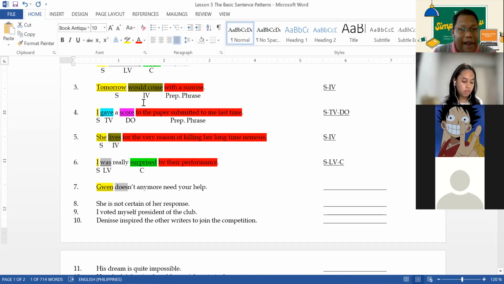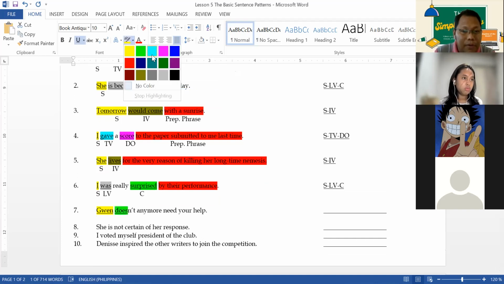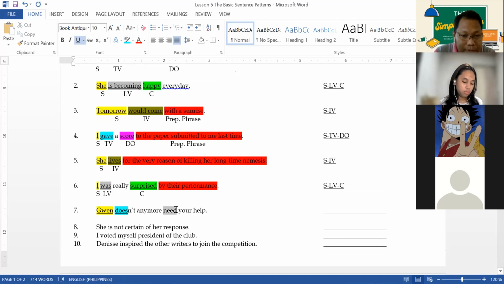So I'll just underline this and color that with blue. Put that together with this word because our verb here is needs. Negating needs includes the addition of the auxiliary verb does. And we underline help because it is our